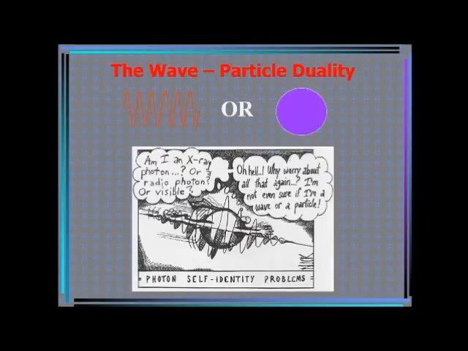You can even see this picture. This is a photon who has two visions in his mind: am I an X-ray photon, or a radio photon, or visible, or is it a particle? So we are also in doubt about whether these photons behave as a wave or a particle. In some cases it is suitable to treat them as a wave, and in some cases as a particle. So there is a duality, we call it wave-particle duality. It has both natures, that is the wave nature and the particle nature.